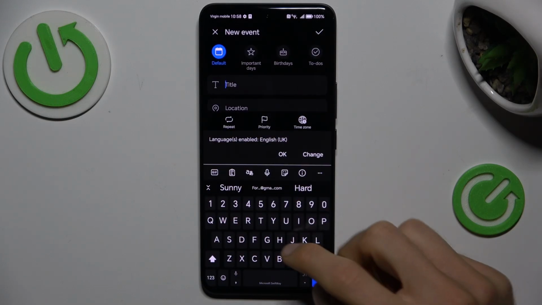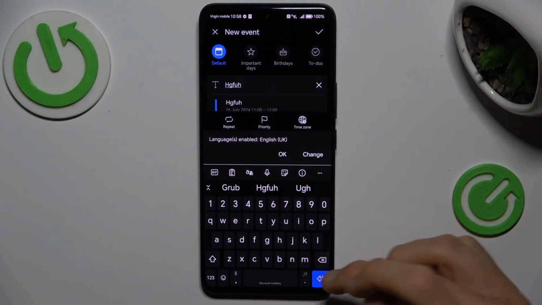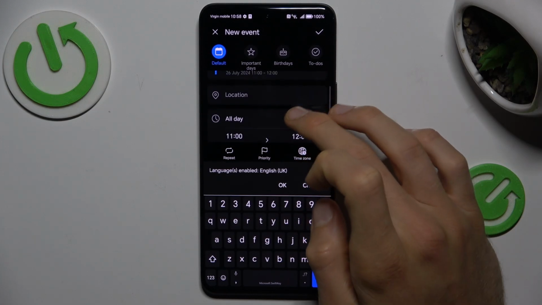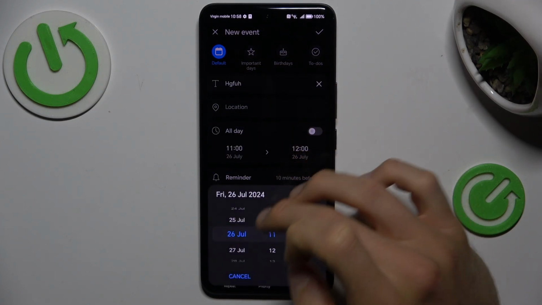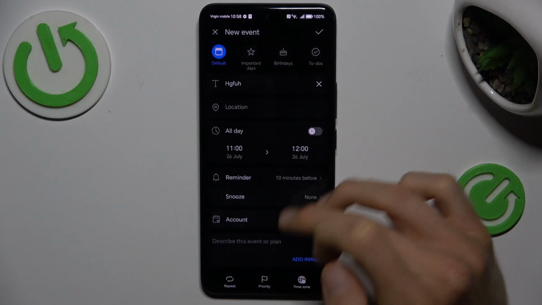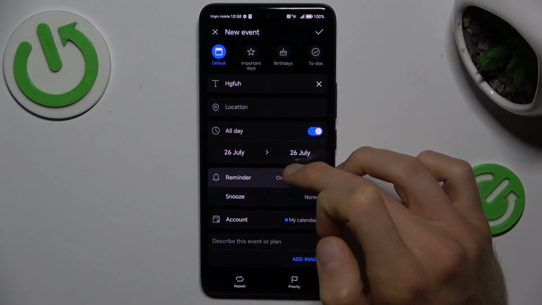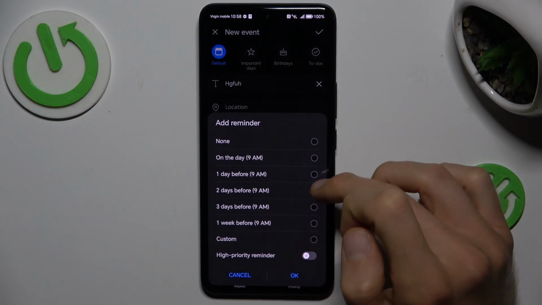First step, you can add a title of your event, what you need. Next step, you can add a location if we need it. There we can set when the event starts, at which time, and when it finishes, or we can set it to be all day by switching it on. Reminder about our event, we can set more than one,